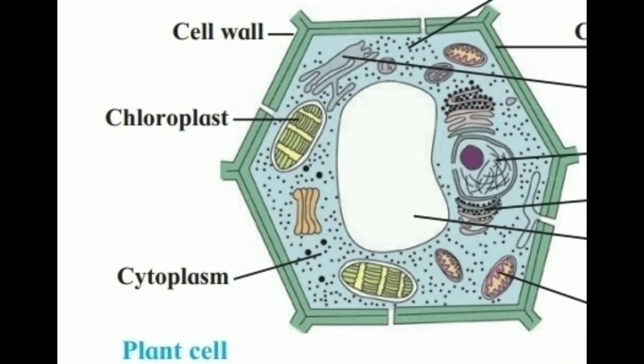The size of the vacuole in a plant cell is large compared to animal cells, because plants do not have an excretory system. So excretory products and other products are stored in these vacuoles. That's why the size of the vacuole is greater. Due to the greater size of the vacuole, the cytoplasm is pushed towards the periphery, means towards the sides, and all organelles are also pushed towards the sides. We'll learn other cell organelles after this.